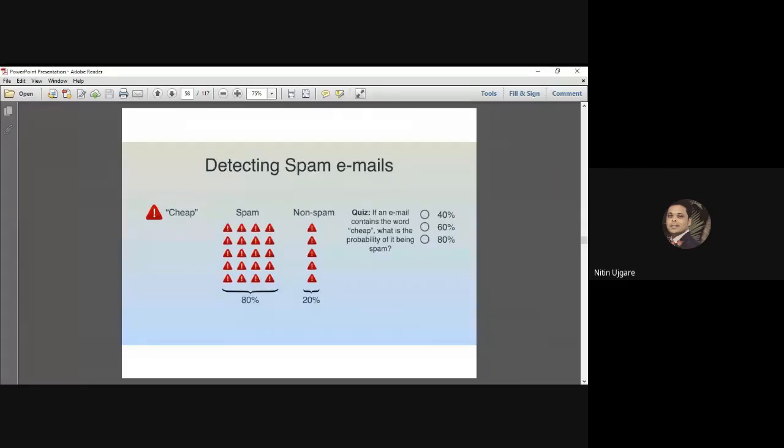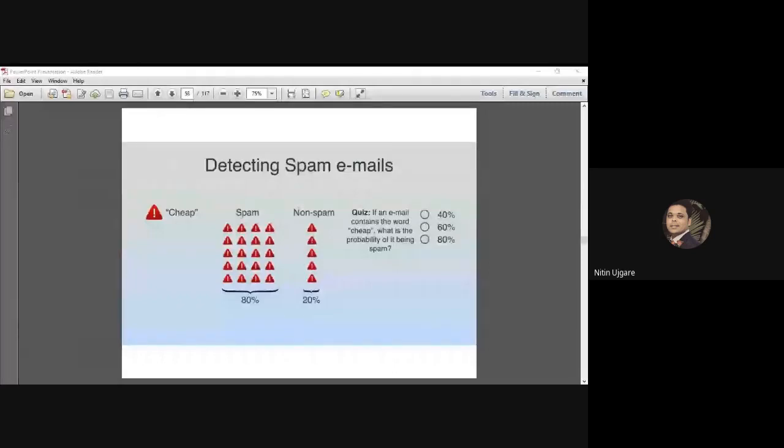Okay, so 20 emails are from the spam category, which contains the word cheap. Now my question is: if a new email comes in which contains the word cheap, what is the probability of it being spam? Is it 40%, 60%, or 80%? If you want to give the answer, you can.